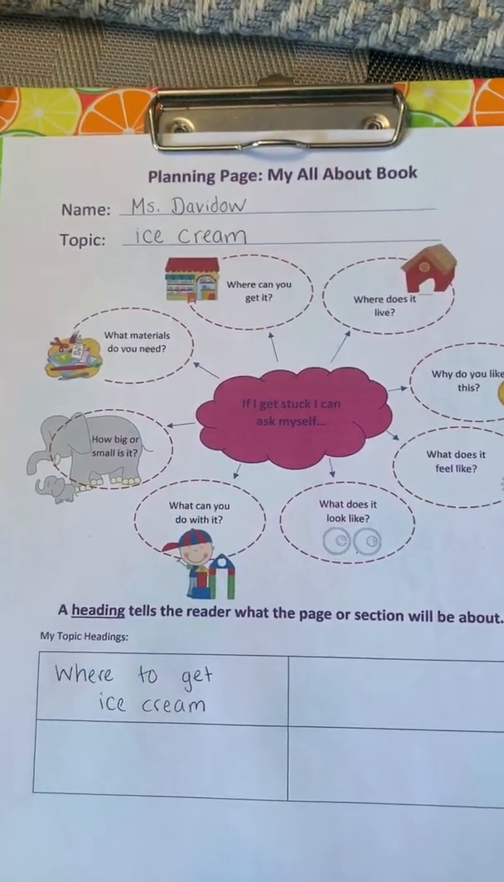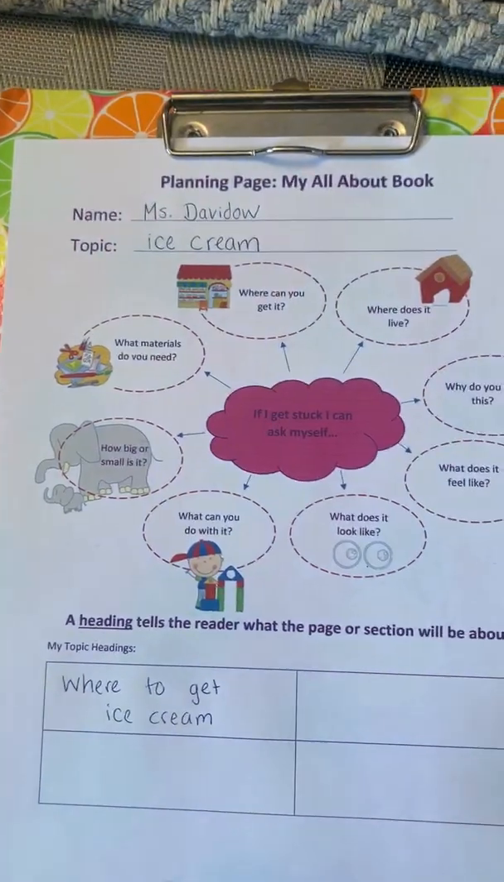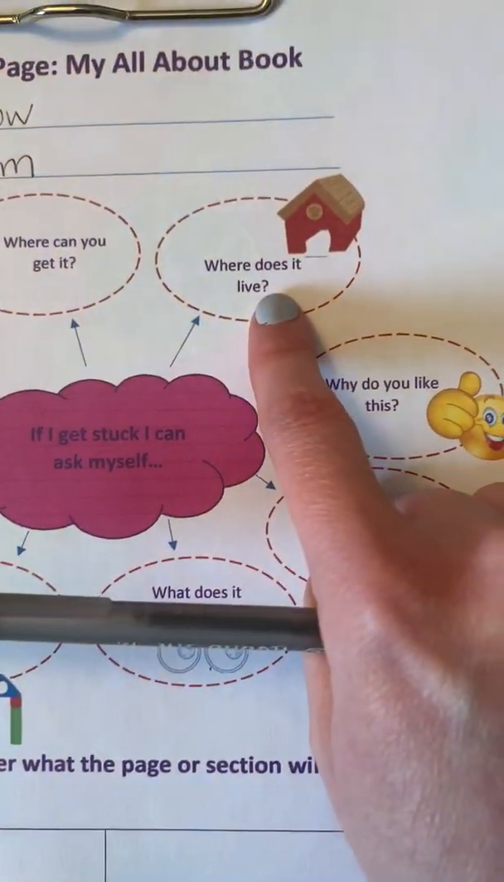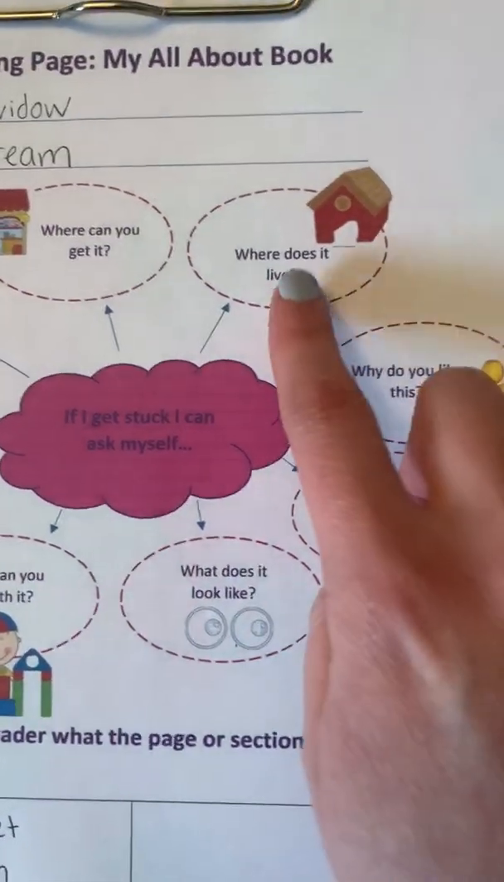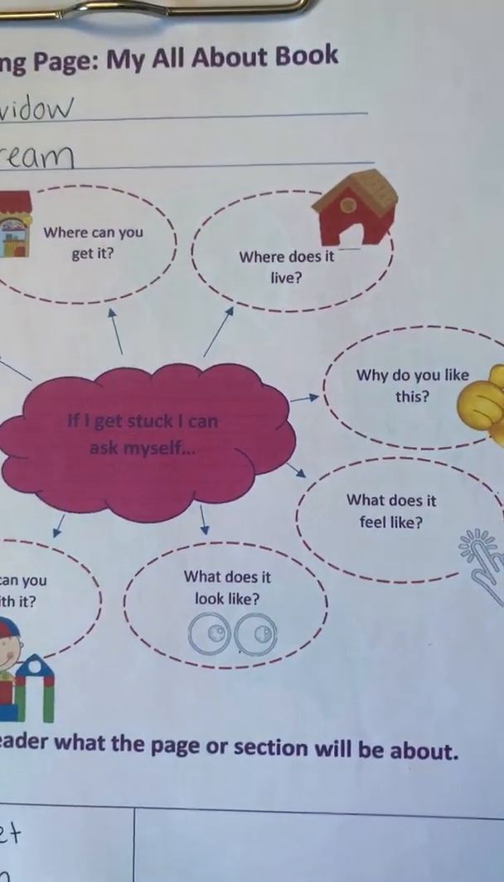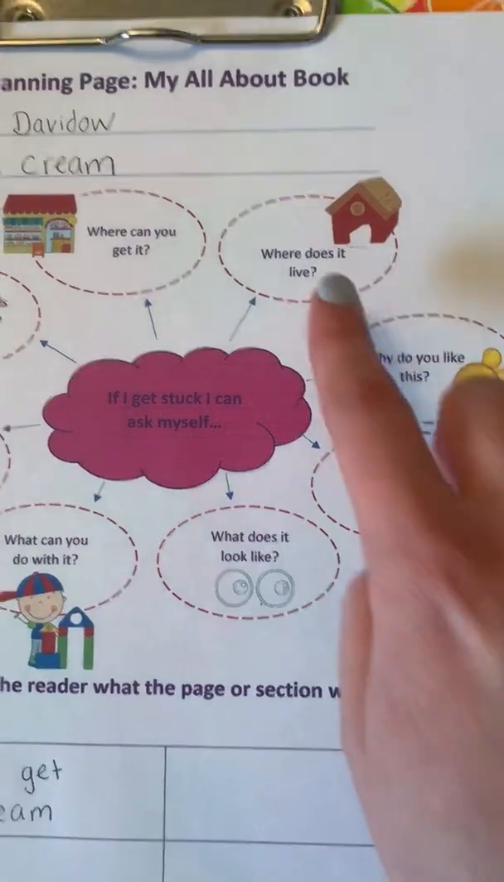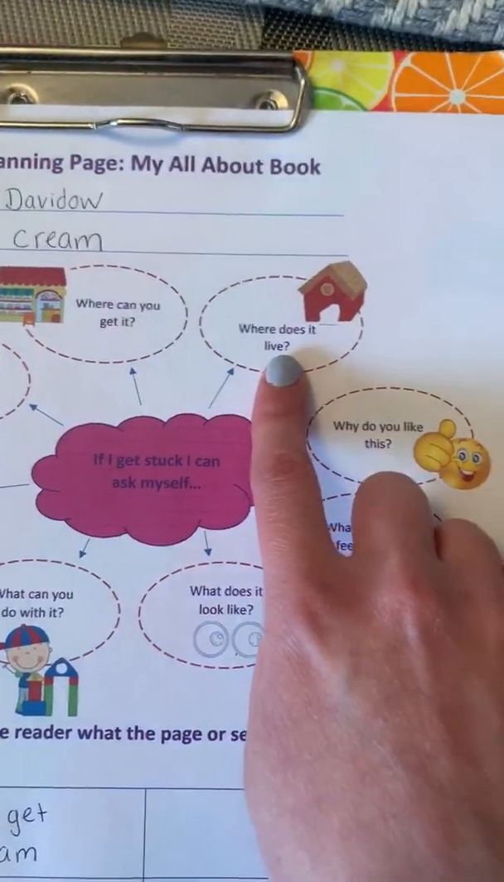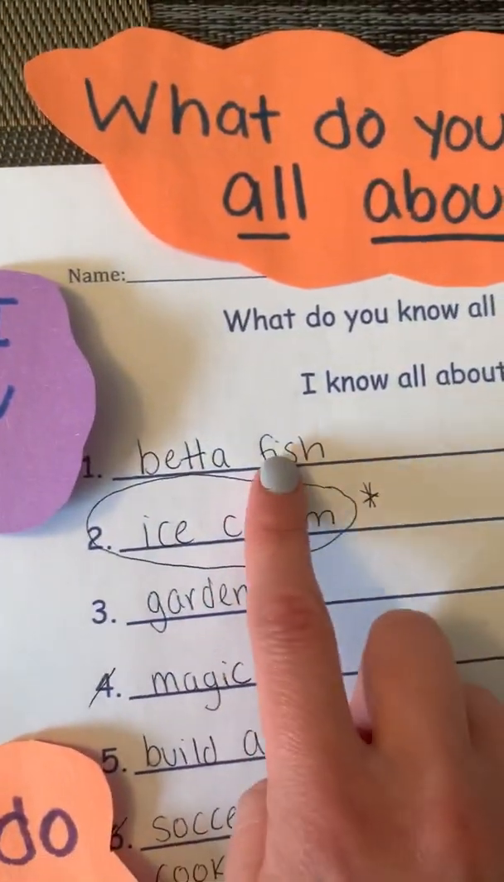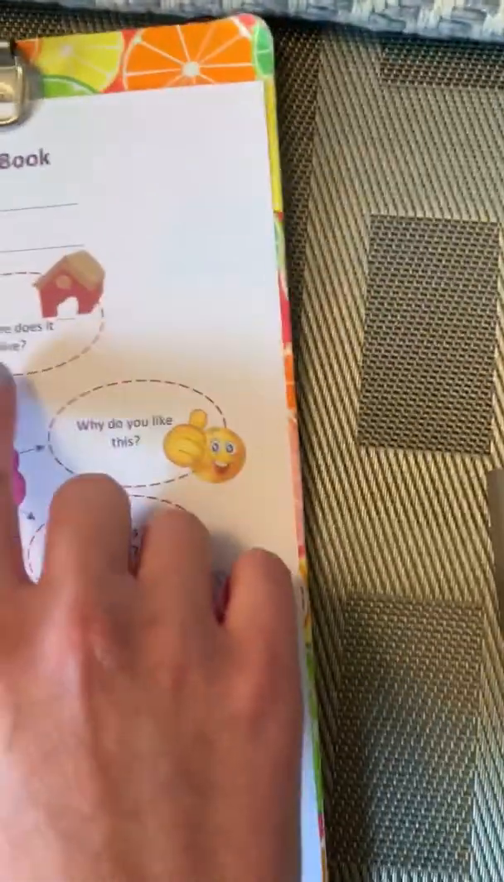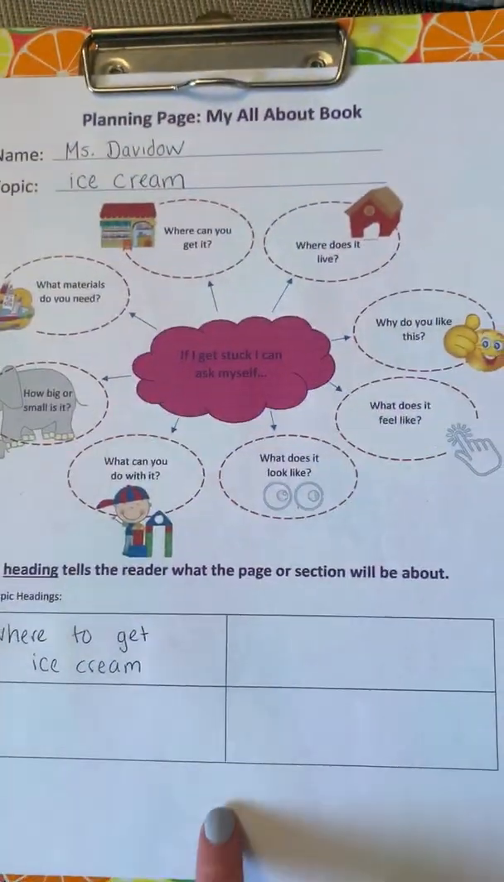And that whole page is going to tell my reader where they can get ice cream. All right, let's look at some other questions. Where does it live? Well, ice cream is not living, so that one doesn't really help me, but maybe that one will help you if you're telling me all about an animal. Yesterday, I brainstormed some other ideas like a betta fish. If I was doing an animal,